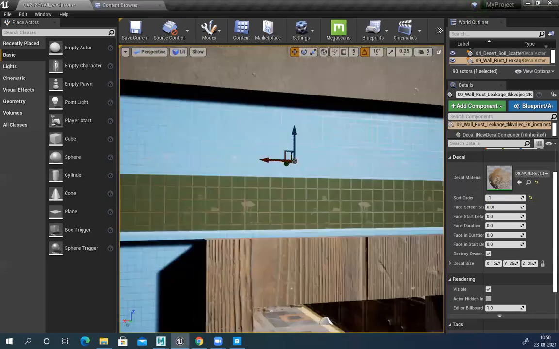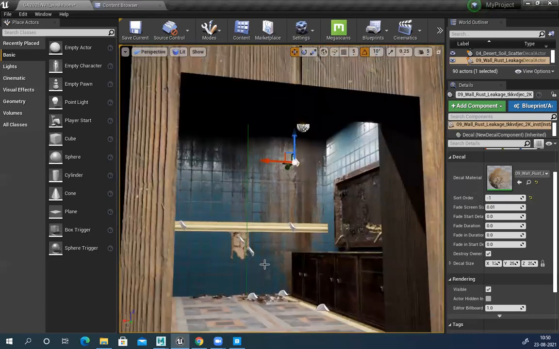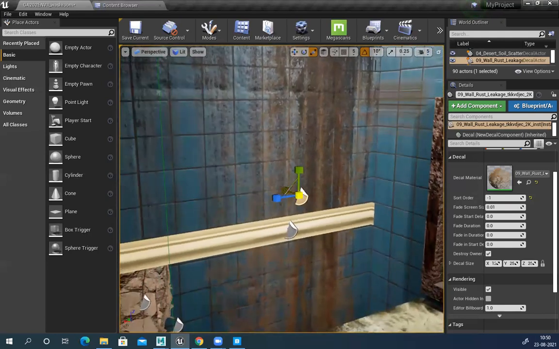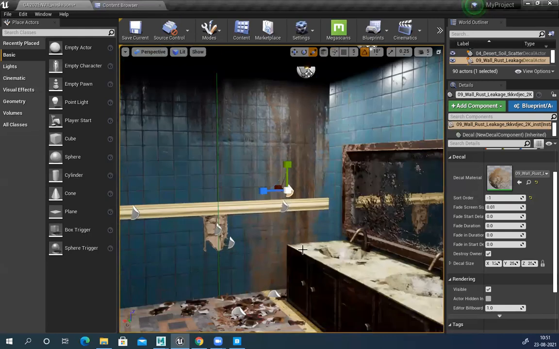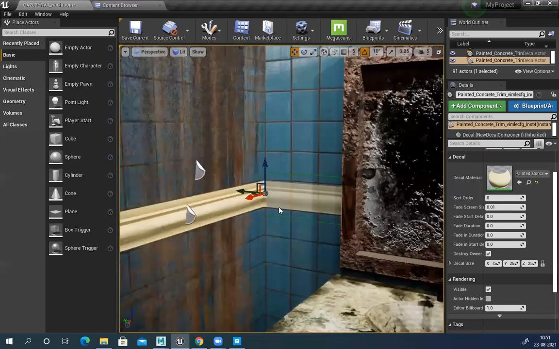Blend them, a bit more variation. Align it nicely. So you can see you could create very nice detail and all these things very easily. And this I can also just rotate. Continue this very easily.